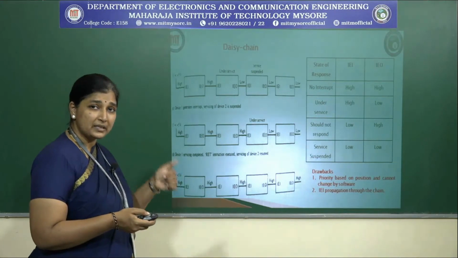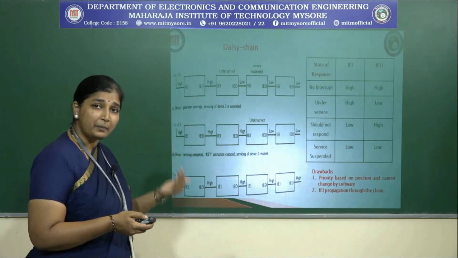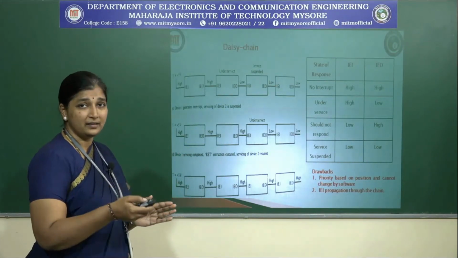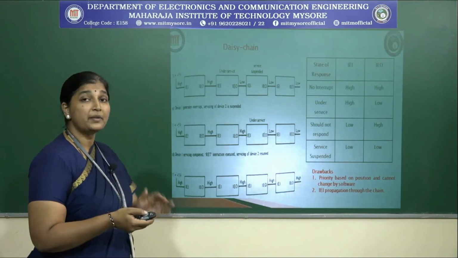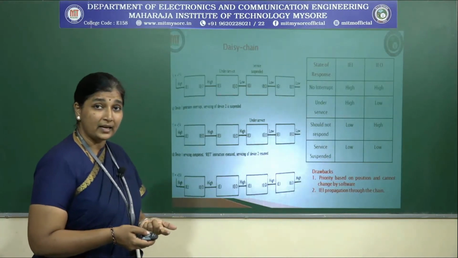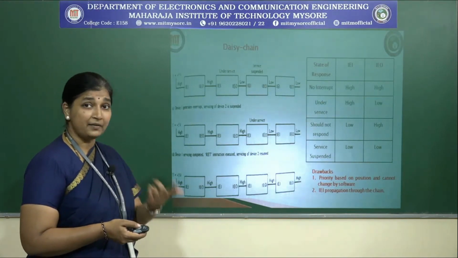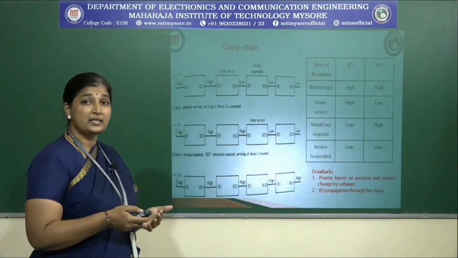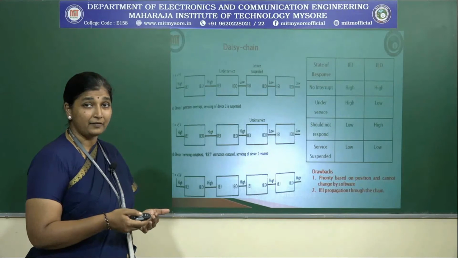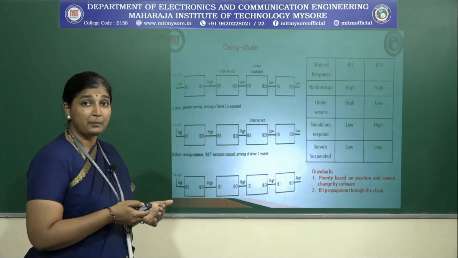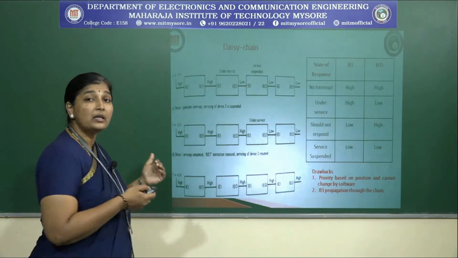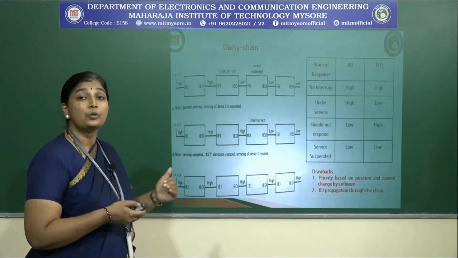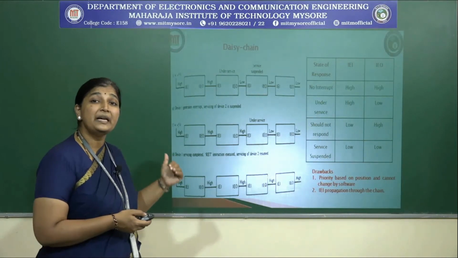Once the acknowledgement is considered and the task is completed, then what does it do? There will be a high at device 2. So device 2 will be taken care of, given as a second priority, then it would be dealt with. Once it is done with its interrupt handling, after getting the acknowledgement and after completion of the interrupt, all the signals for each and every device would be high. Which means that it has completed the entire cycle.